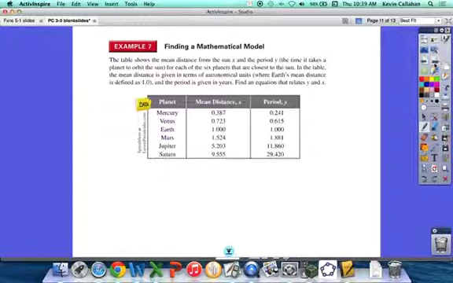So you can see Earth is 1 and 1 for the distance from the sun and for how long it takes to go around the sun. Right, so all these things, you know. Now, how could we, if we wanted to graph these and see if there's some relationship, then you make a